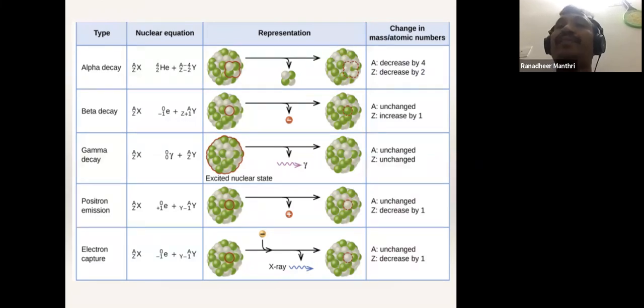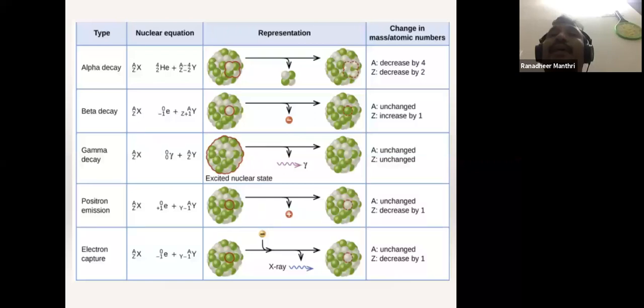This type of alpha decay has high linear energy transfer. The higher the linear energy transfer, the higher the efficacy, because it can cause double strand breaks at small intervals, leading to a higher amount of DNA damage. So alpha particles are effective because of their high linear energy transfer.